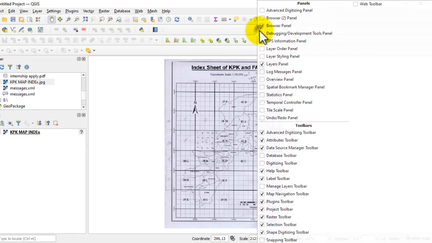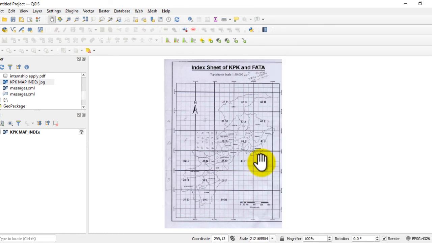Now I want to add the digitizing toolbar. From here I add it easily. So this is the digitizing toolbar. We will use all these tools in this series, so stay connected with us, and in the next lecture we will work on how